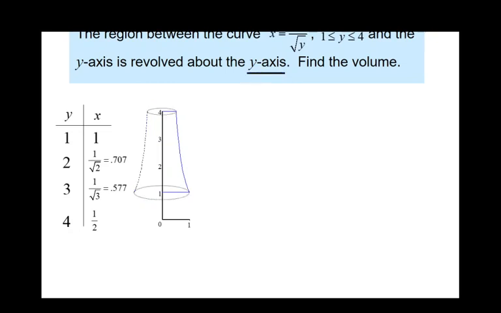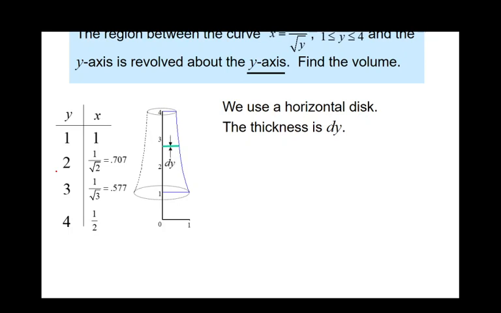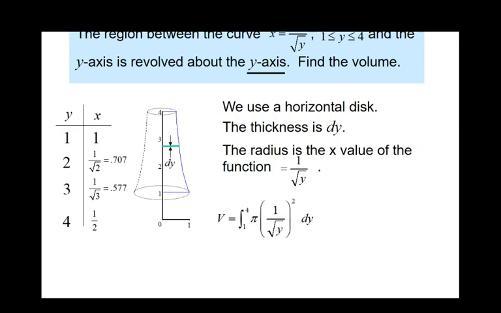So, here's our shape. Then we're going to know which equation we're going to use. We're using horizontal, so the thickness is dy. The radius is the x value of the function, this distance right here. We plug it into our equation, simplify,